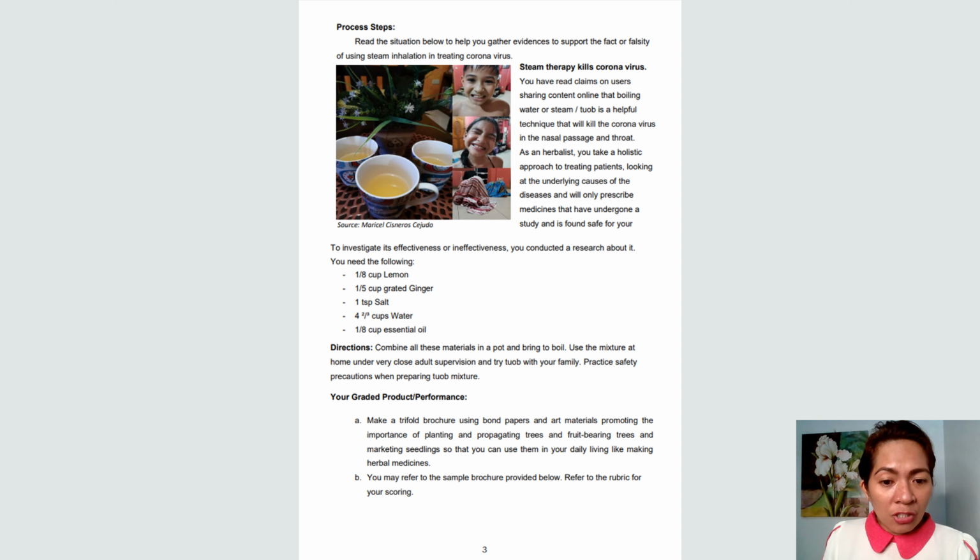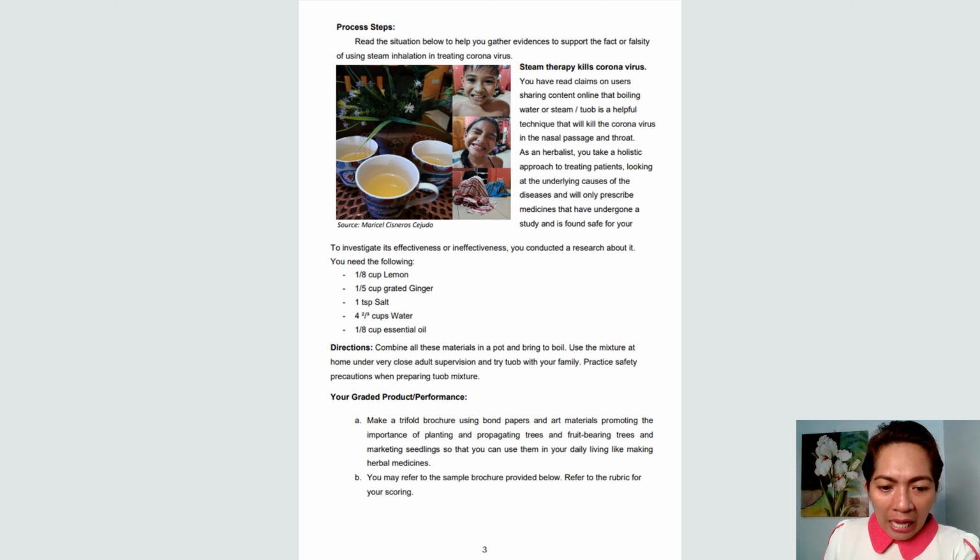Yung mixture nito, mga mixture dito si mathematics. And then the fact na mag-experiment siya, magbo-boil siya, and then itatry niya yung tuob, that's for science. And then yung brochure per se, of course sa EPP, and then yung sa English na kasi may conclusion siyang isusulat, and then yung brochure mismo mayroon siyang mga isusulat doon for the content. So, doon papasok ang English. And then, by identifying fact and the falsity, the truthfulness of tuob, so that's also another competency for English. Yung kanina, no? Yung fact and opinion.